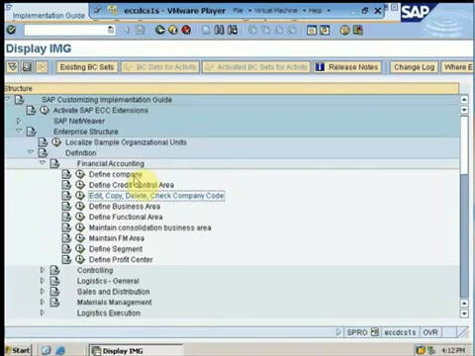If the company wants to produce their financial statements on an object below our company code, we will create it as a segment, and our financial statements can be generated at the segment level as well. Here we can see, since it is an organizational object of FI, it will also be present under enterprise structure definition for financial accounting. As you can see over here, we have a node with the name of define segment as well. By clicking over here, as you can see, there has already been defined a segment.